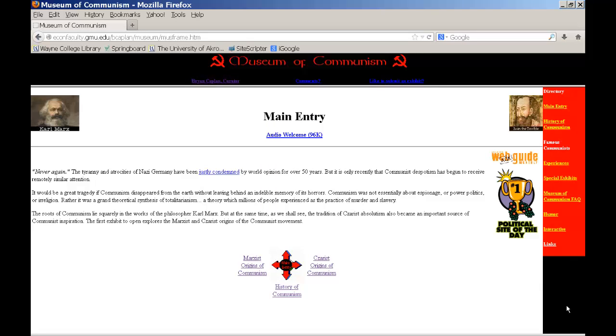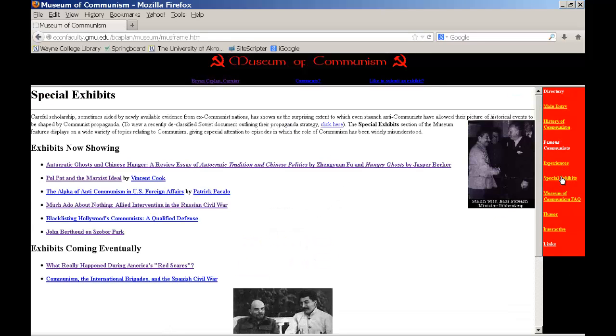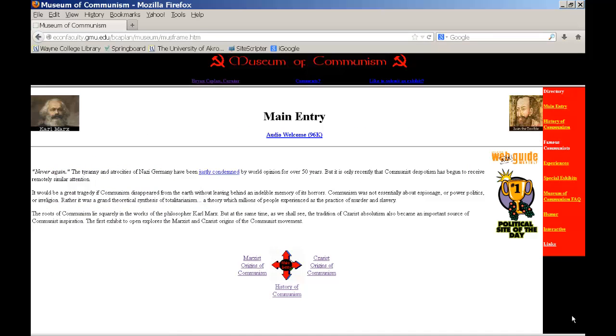Now I'm going to go up here to Special Exhibits, and as you can see here, there are articles written by other people and they are named. This one is written by Vincent Cook, and this one is written by Patrick Bacallo. So if I wanted to use those ones, I would have to judge the authority and credibility of these authors. But I'm not going to do that right now. I'm going to go back to the main page, and I'm going to go on to the next evaluation criteria,